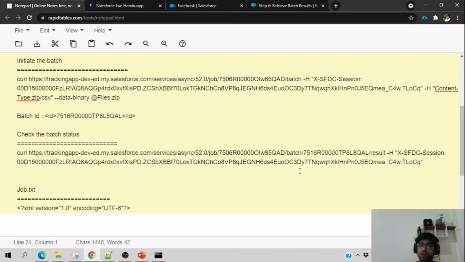You can also leverage the bulk API if you have a huge number of records to import, for example accounts, contacts or opportunities. The only problem with this batch API is that it runs as a job, so you have to monitor the job and check the status periodically. It will not directly give you the result.